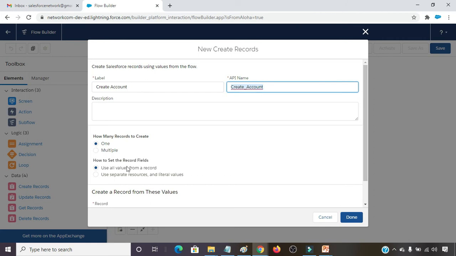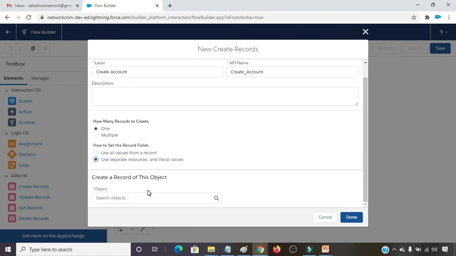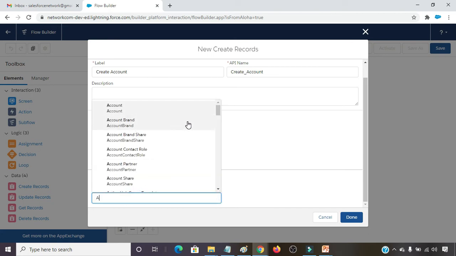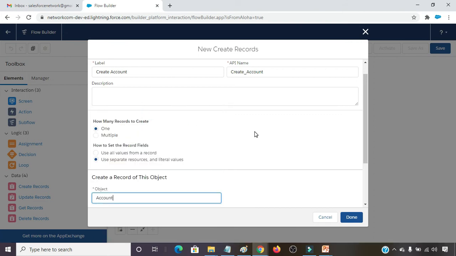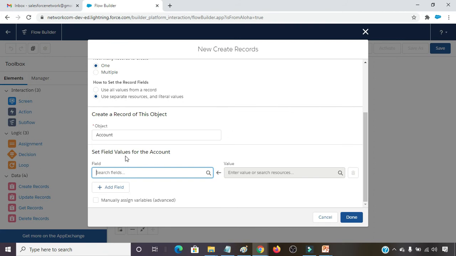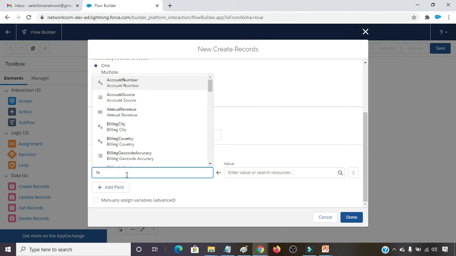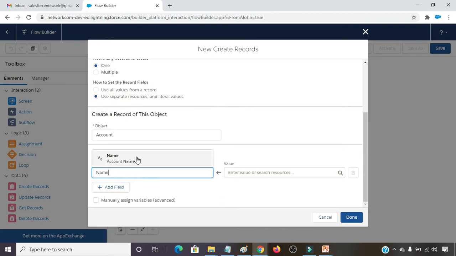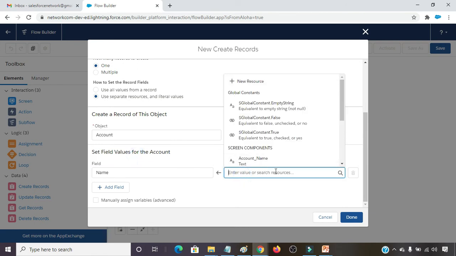In how to set the record fields, select use separate resources and literal values. Create a record on this object. Choose account. Set field values for account. Name field, and here account name.